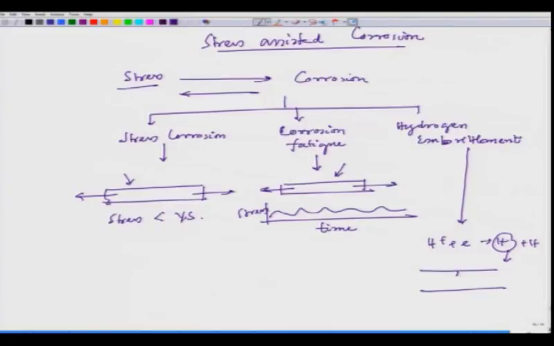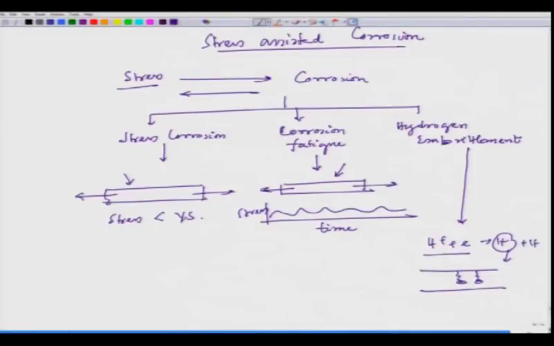There could be a possibility of hydrogen blisters also. Hydrogen goes inside the metal by diffusion, and then inside, hydrogen atoms can combine with each other and form hydrogen gas, and they will form blisters. So, those kinds of defects are possible. This happens because of the existence of atomic hydrogen formation due to some cathodic reaction. These forms, stress corrosion, corrosion fatigue and hydrogen embrittlement, generally lead to catastrophe or a sudden failure of the component,